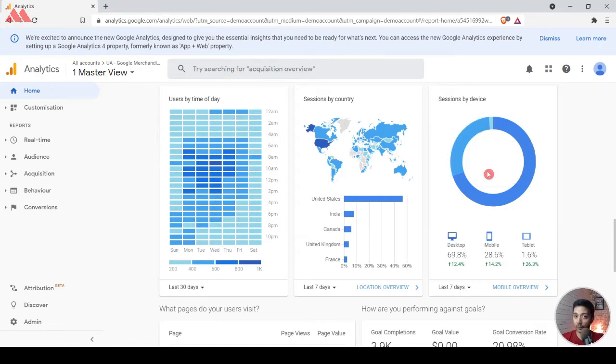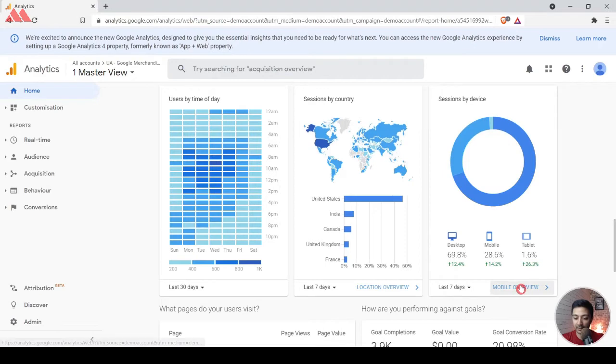And that is actually very obvious. More and more people are using mobile devices to do some research or do some website browsing. And maybe if you are providing a very good interface or a very good mobile experience, people might also convert or buy from the mobile version of your website. And that is the reason we are now seeing that Google is shifting to mobile first index, and they are pushing hard on how your website looks on mobile. So make sure you pay good attention on your mobile version of your website.